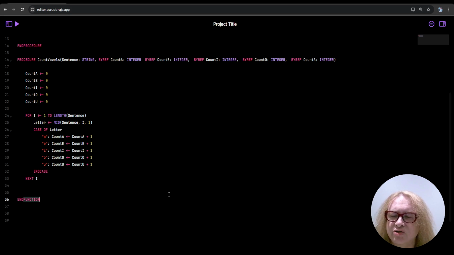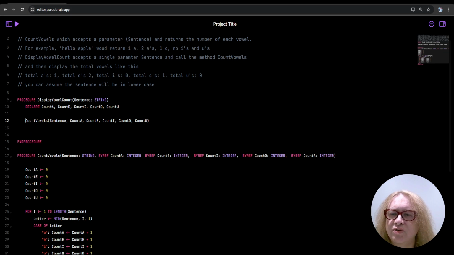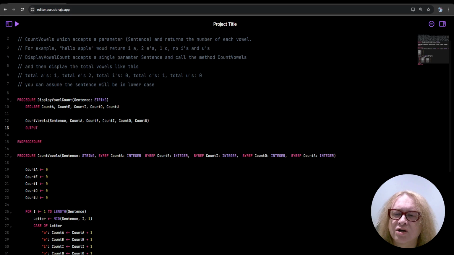Just make sure that this is updated correctly. And so now what happens is this will update count A, E, I, O and U, which will then of course, because it's being passed by reference, of course we need to pass those by reference now, and that now we can then do a simple, I'm just going to copy this just to save me some time. We can do outputs and we can say something like